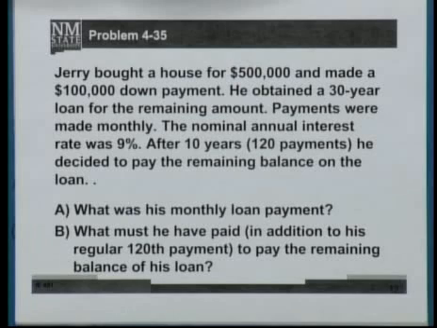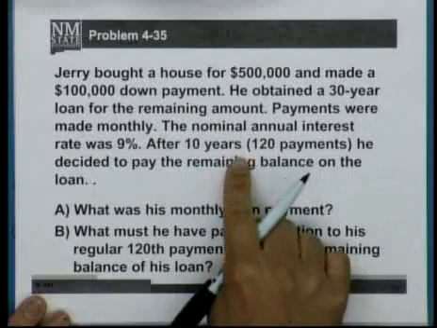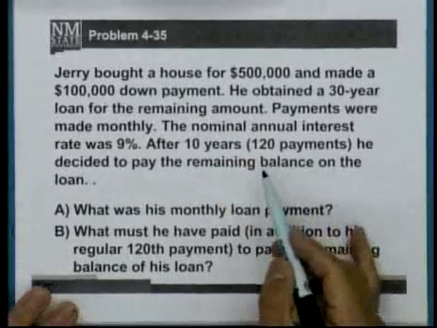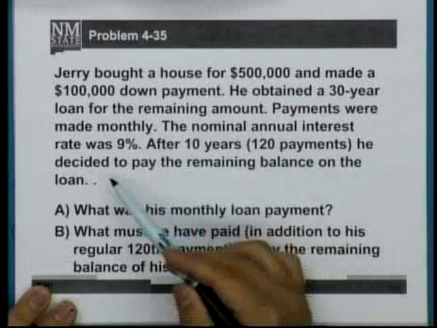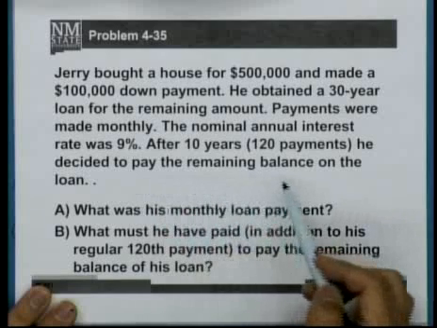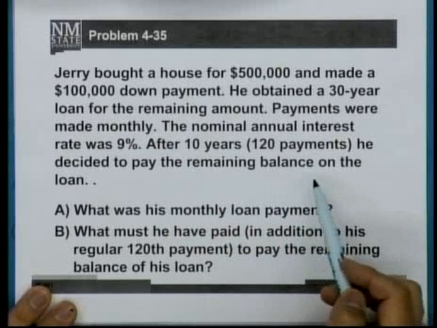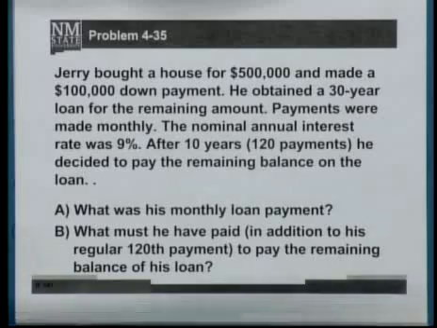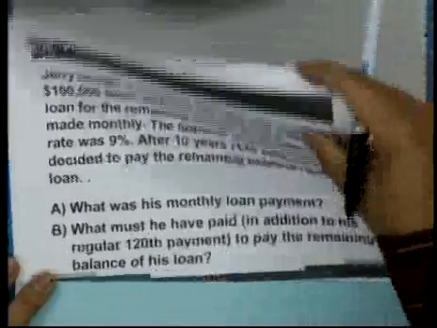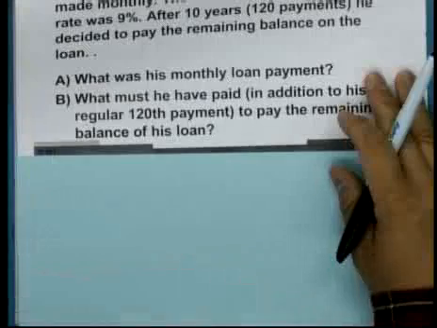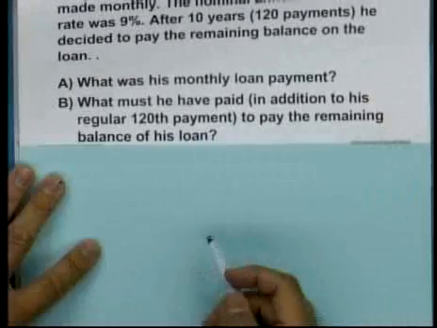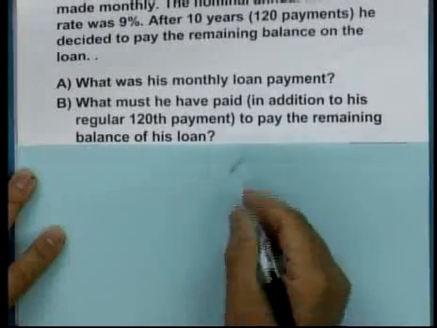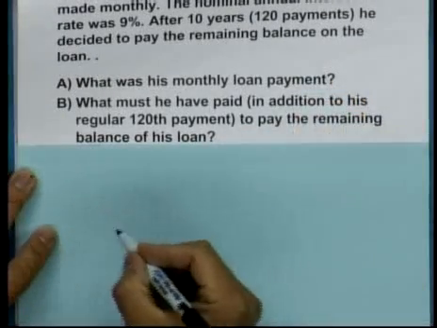Okay, so in the problem description, it says after 10 years, which is after 120 payments, he decided to pay the remaining balance on the loan. So, in order to answer this question B,